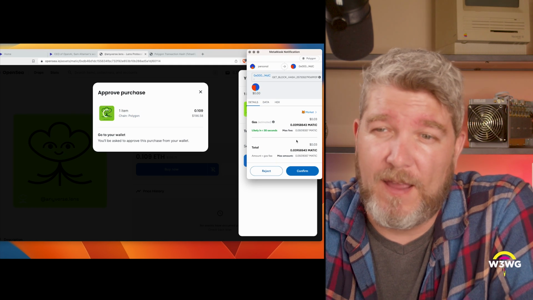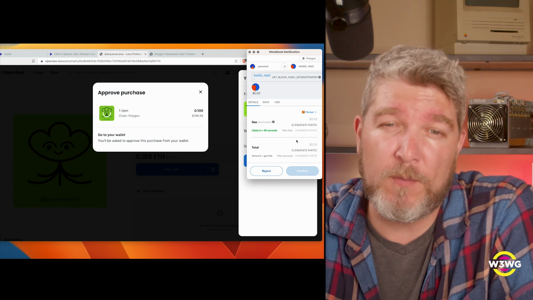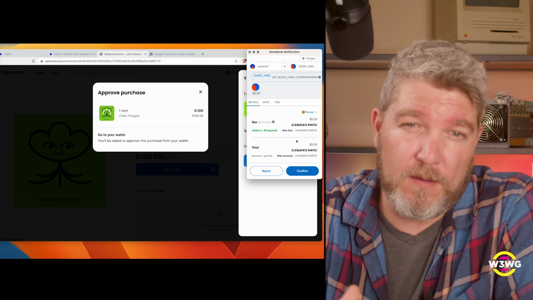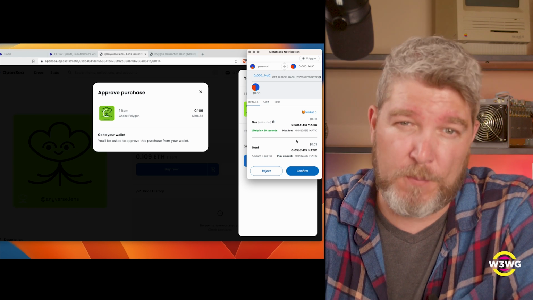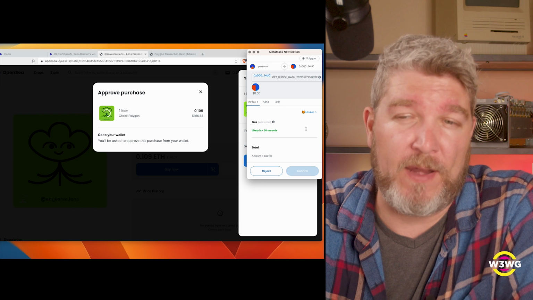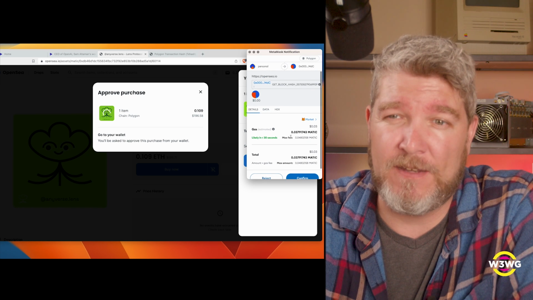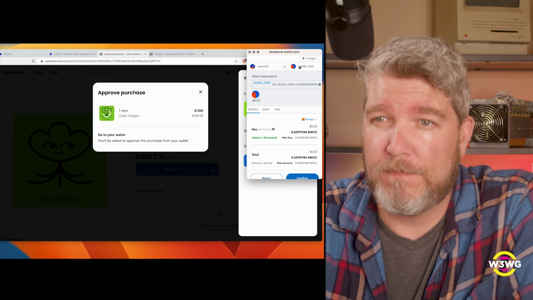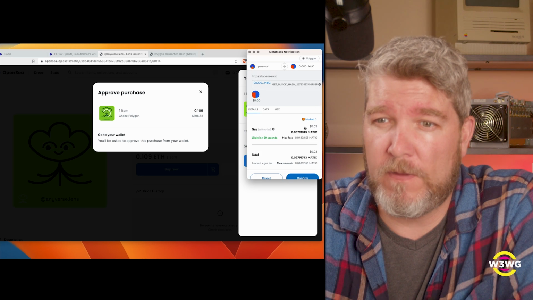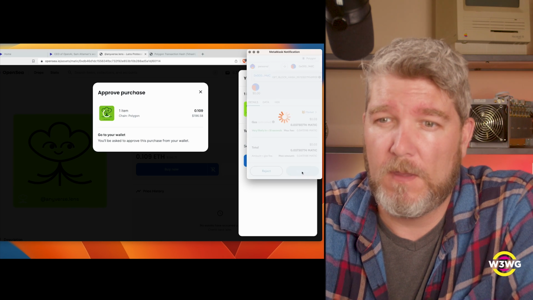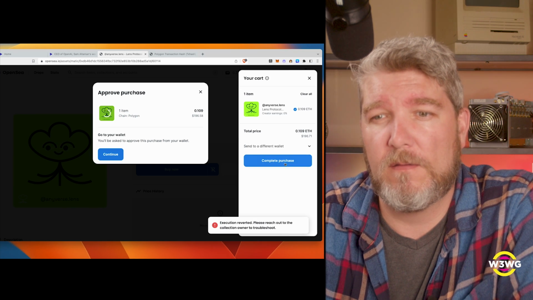I tried this and didn't have any Matic, so I needed to have in my wallet both the 0.109 wrapped ETH on Polygon and 3 cents worth of Matic tokens to pay the gas fee. And I did not have that, so that was silly. Okay, this is all fine. And let's give it another second. Okay, confirm that. Oh, come on.